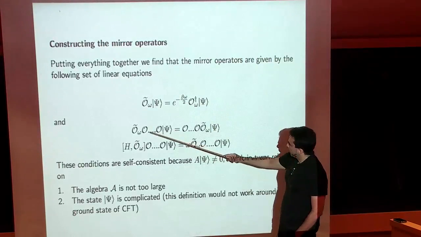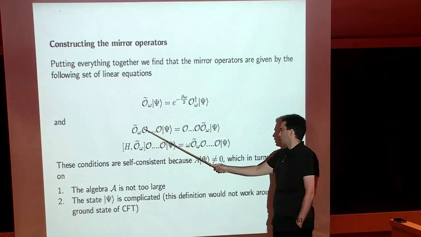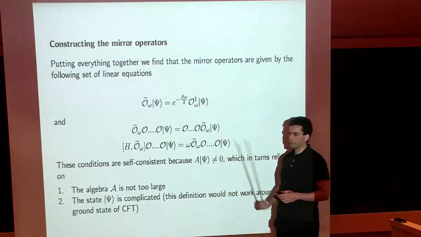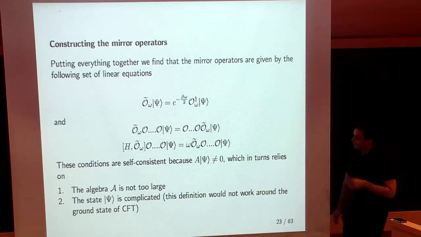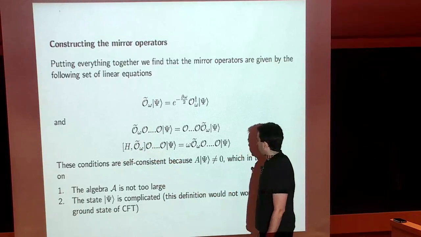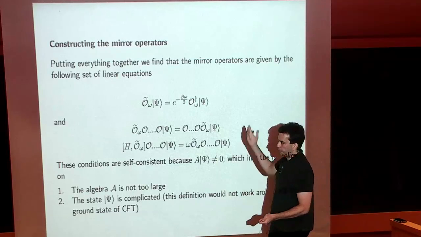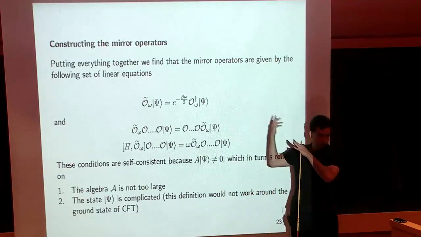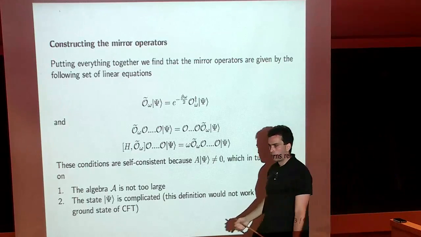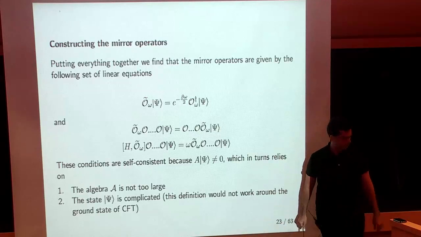However, if it acts on a state where we have already excited it with a couple of insertions of O, the rule is that you first commute it to the right, and then you let it act according to the first formula. And what is a little bit important to emphasize is that the commutator of O tilde with the Hamiltonian is similar to the one that was found from effective field theory by Ahmed a few slides ago, right? Sorry, so that commutator is now a 1 over n correction, correct. Right? Correct.